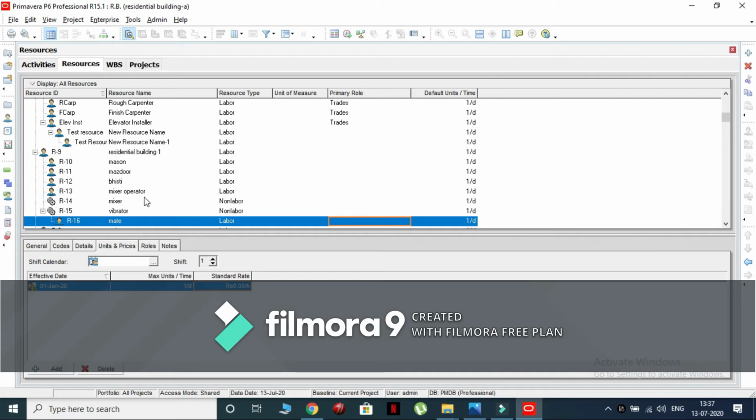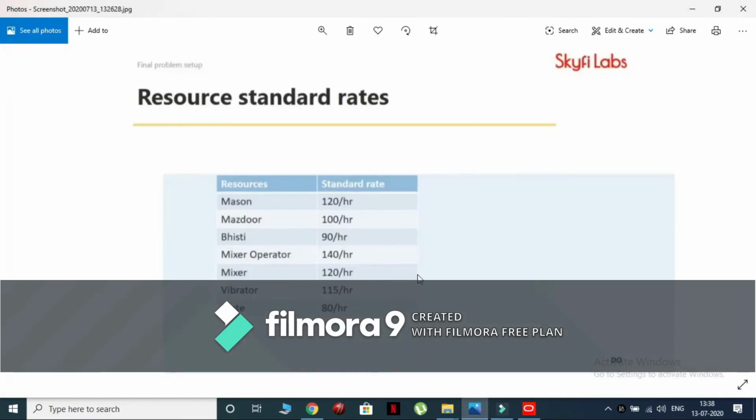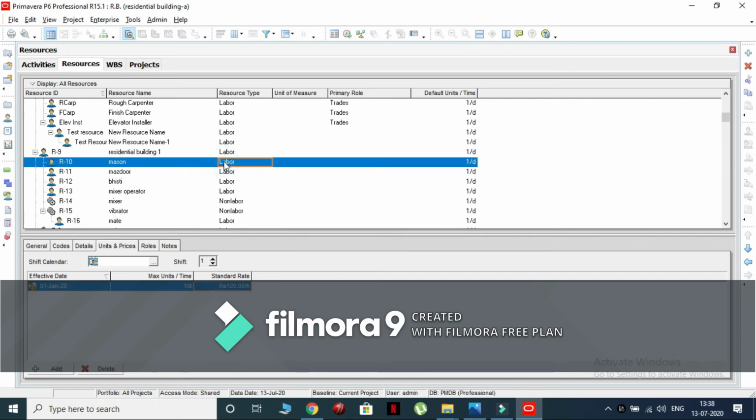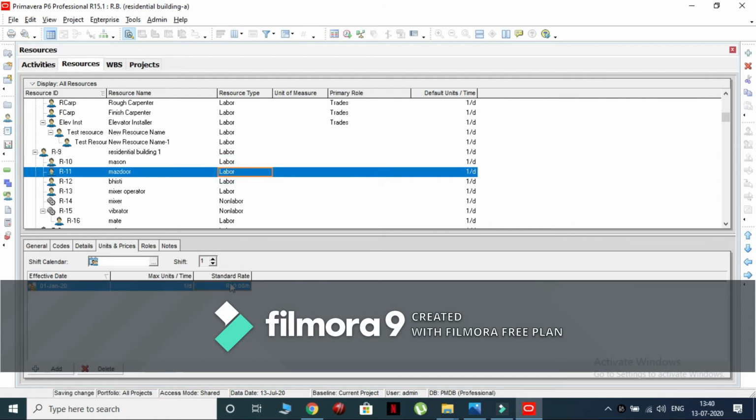Now we need to provide the standard rate for all the resources, as per the table shown. For mason it is 120. For Mazdoor the standard rate is 100.